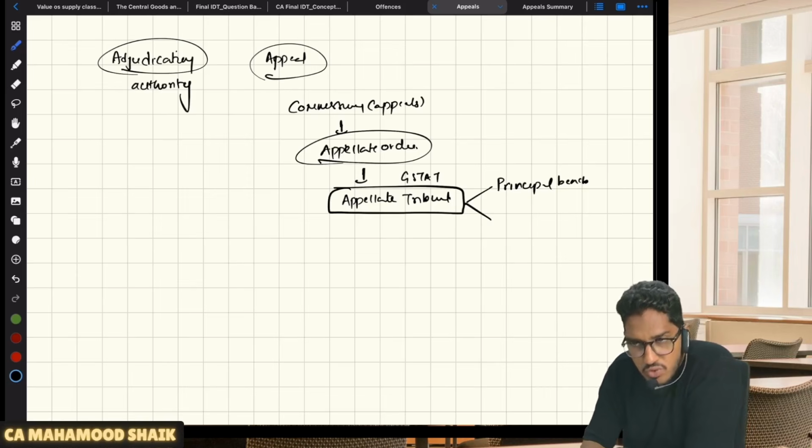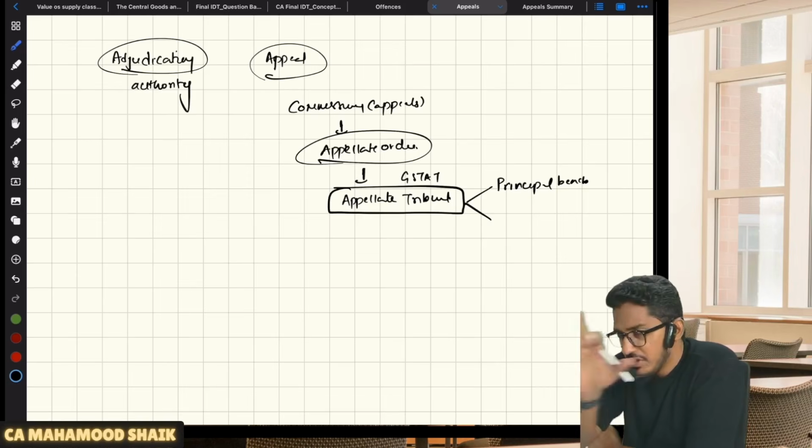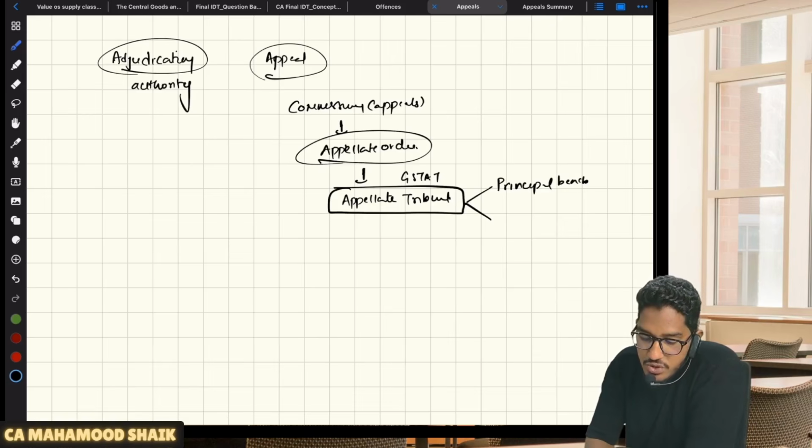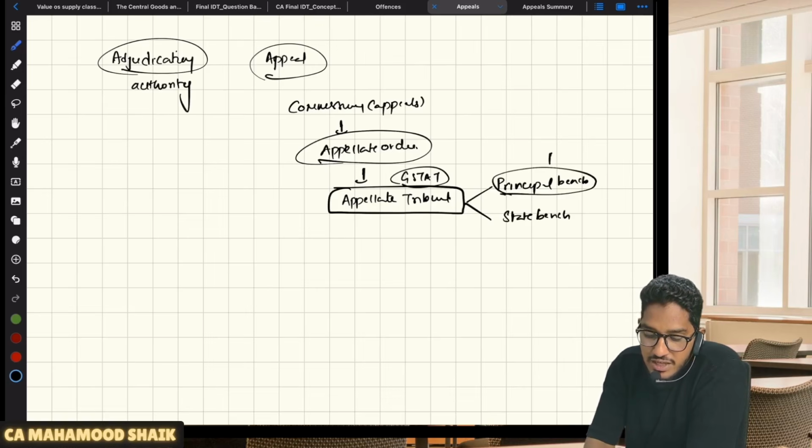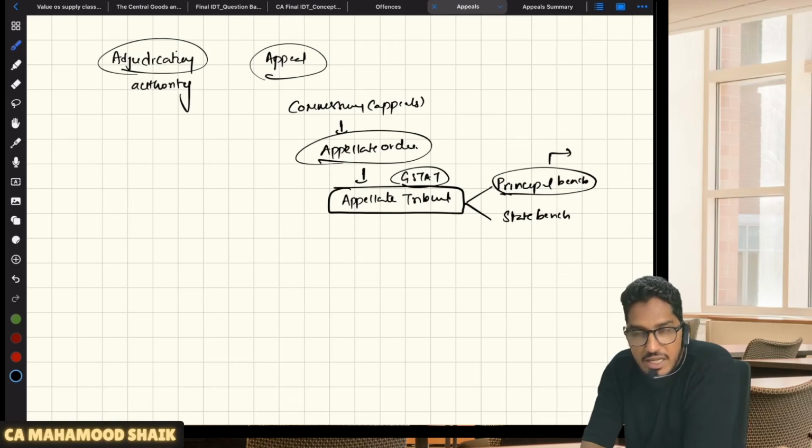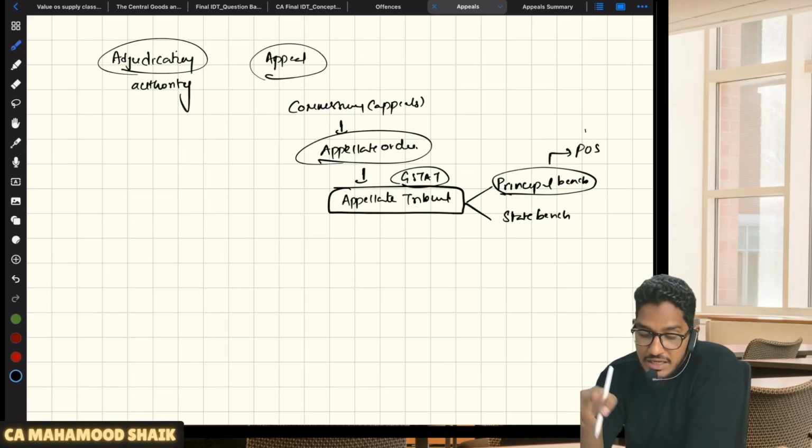Who is principal bench? Who will be there? All that is there in the middle. First I'm giving you the entire structure for the chapter. So you will make an appeal to the GSTAT. In GSTAT, principal bench will be there, and also there will be state bench. Now principal bench will hear only special cases. Like under the GST Act, they have told, if something is related to place of supply, that case will be heard